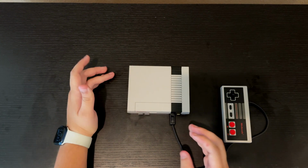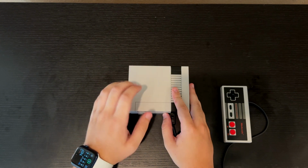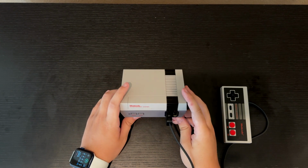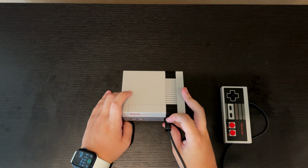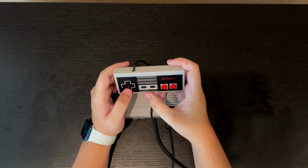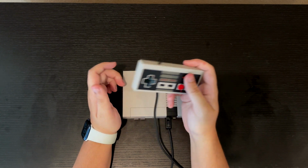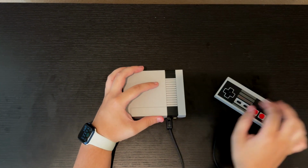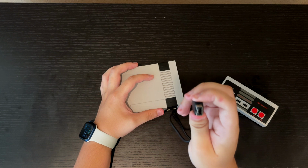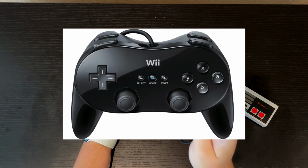And I guess they want to make it like the original, where you had to go take out the game, put it in, stuff like that, but especially when you're trying to do the save stage and stuff like that, you have to hit the reset button every time. That's annoying. I modded mine, so I only have to hit down and select, and that will bring back the main menu. If the eagle-eyed among you will notice that this is the same connector that the Wii Nunchuck, Wii Pro